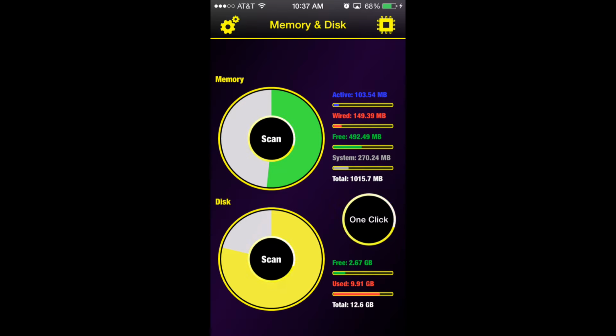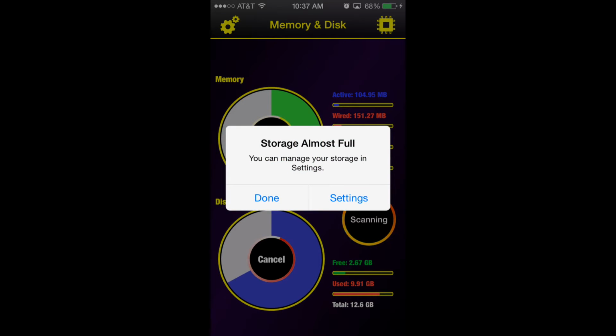So this is the main screen of Memory and Disk Scanner Pro, and as you can see there are two different scans, memory and disk. You can see information about your device's memory up at the top, such as the amount that's currently in use, the amount that's free, etc. And as far as disk space goes, you can see how much disk space is free and how much disk space is used. So the way the app works is you tap the one-click button and it runs both scans